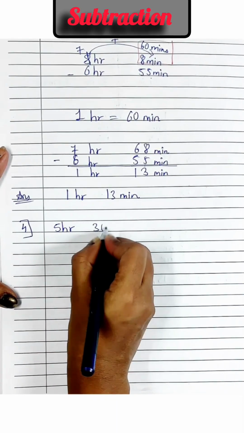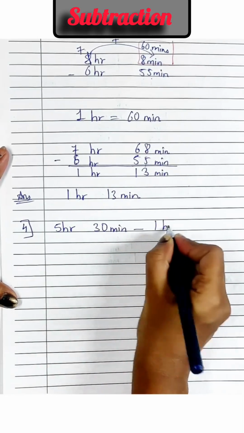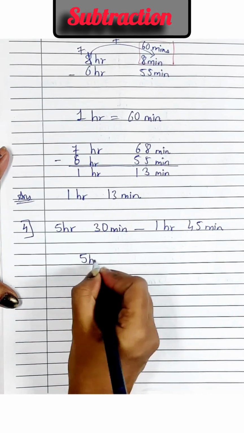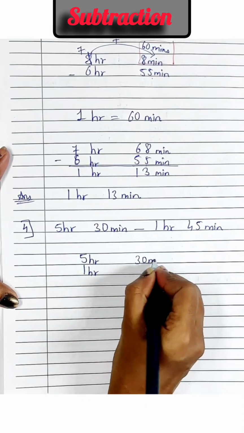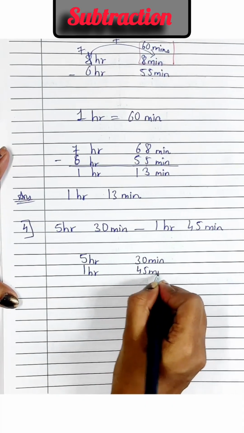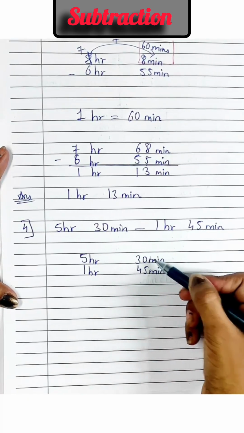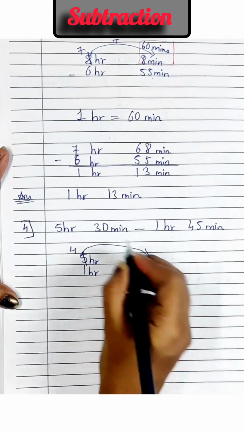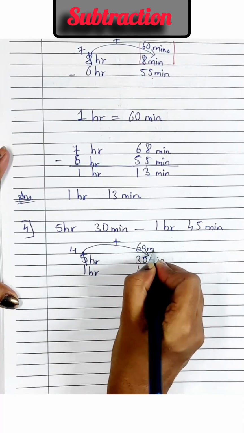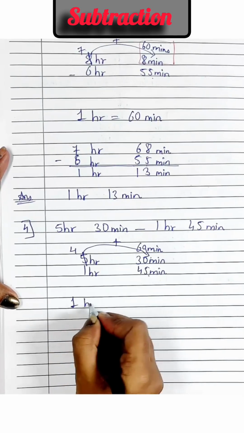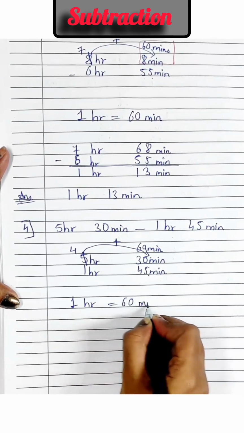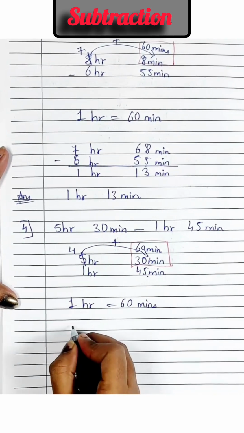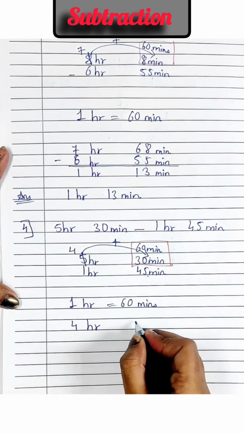चलो, 5 hours 30 minutes minus 1 hour 45 minutes। अगेन आवर्स के नीचे हम आवर्स लिखेंगे एंड मिनट्स के नीचे हम मिनट्स लिखेंगे। अगेन हम 30 में से 45 माइनस नहीं कर सकते। सो ये बन जाएगा हमारा 4 hours और यहाँ पे हम कैरी करेंगे प्लस 60 मिनट्स। क्यों? बिकॉज 1 hour इज इक्वल्स टू 60 मिनट्स। तो अभी हम पहले अपने ये न्यू मिनट्स को ऐड करेंगे। सो हमारा क्वेश्चन बनेगा 4 hours 90